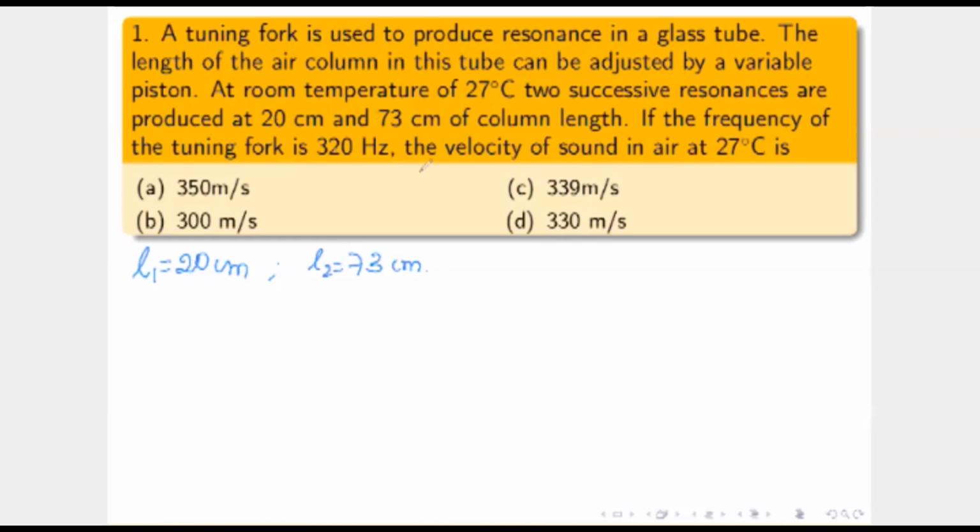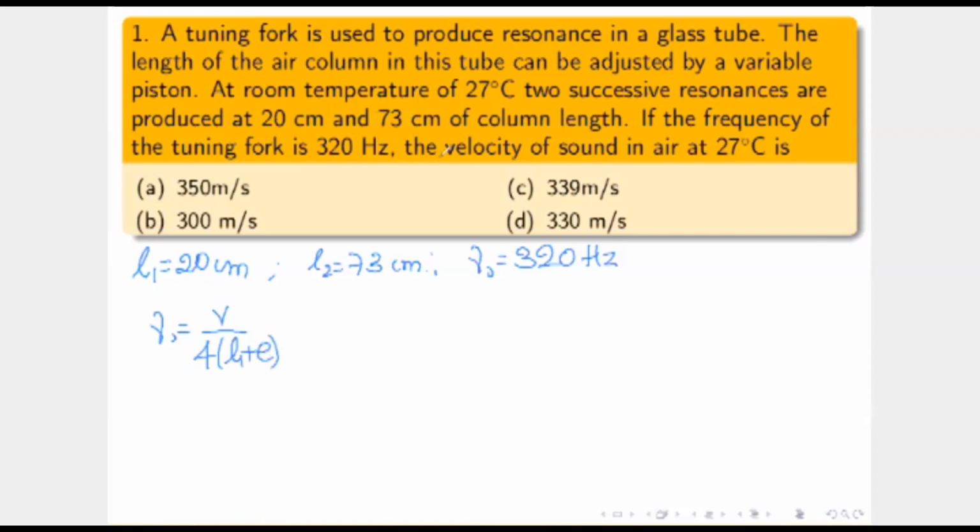So what is the tuning fork frequency? So nu naught is 320 Hertz. This is given data. At 27 degrees Celsius only, the two lengths are obtained. Therefore, there is no temperature dependence in this problem. We know that the fundamental frequency is given by nu naught equals velocity divided by wavelength, and wavelength is equal to 4 times length of the tube. So it is 4 times (L1 plus end correction E).